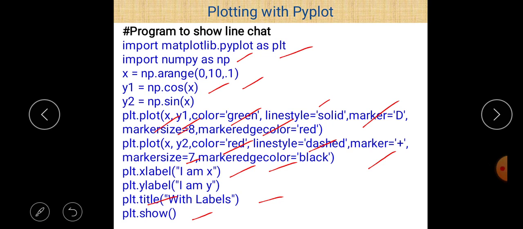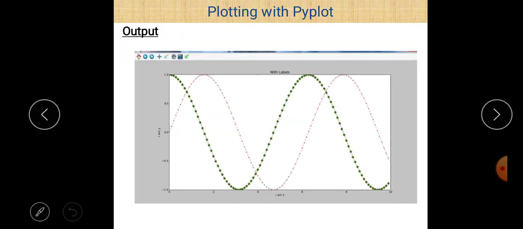So this is a program which shows two different lines, between x and cos x, and between x and sin x, with x-axis label, y-axis label, and the title of this plot is "with labels". And then we use plt.show to show the output, and that is the output of this program.